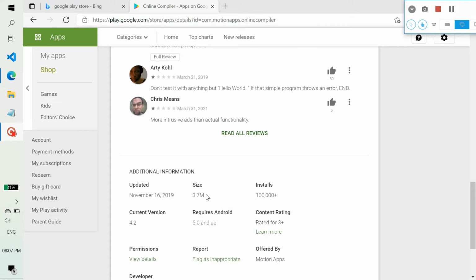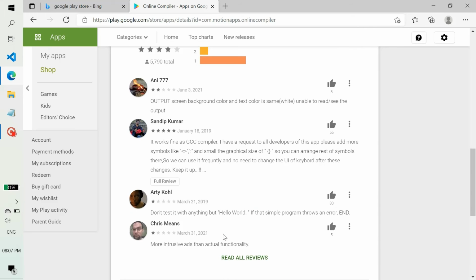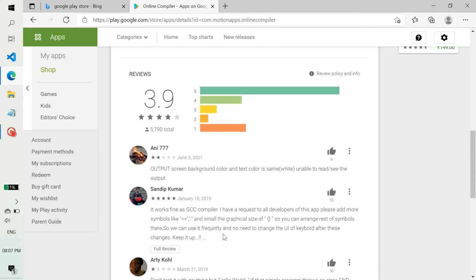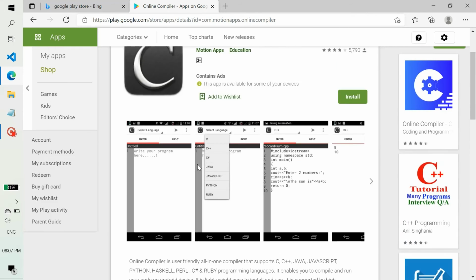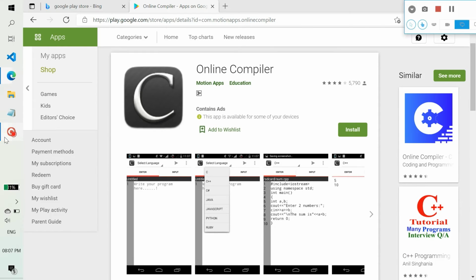It requires net for compilation of the code, and the size is only about 3.7 MB, and the requirement is also low, so you can easily download this app. You can check these reviews if you want. Rating is also good, and overall it is the best. If you are facing an issue with storage in your mobile, this is the best app for you.